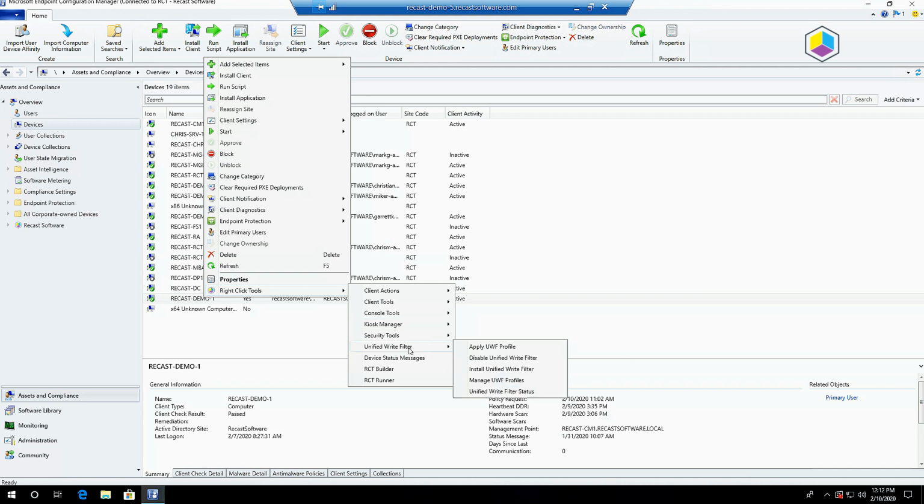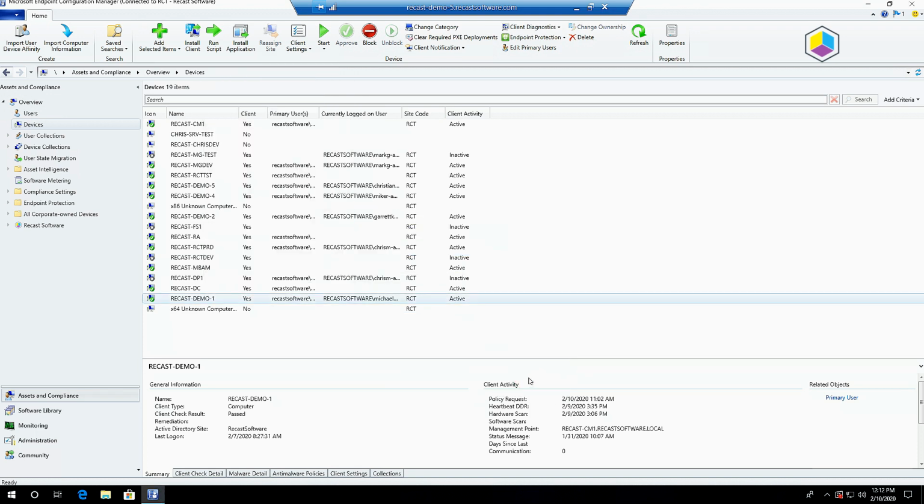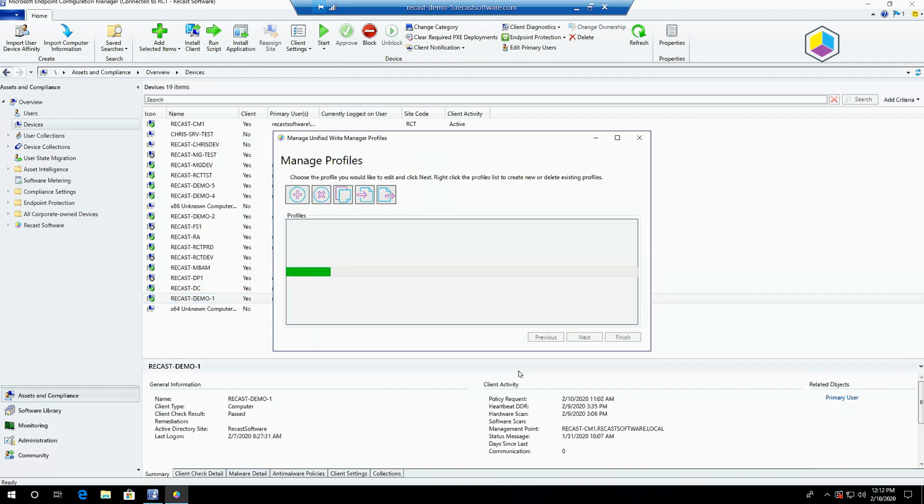The Unified Write Filter tools are another feature that we add functionality to the console with. What we do with Unified Write Filter is pretty similar to how we manage Kiosk Manager profiles. We will manage a UWF profile to set things up, and then apply that profile to create that known good state on a machine that will then be reverted back to every time you reboot, wiping all changes in the interim. So we create a profile of settings for UWF,